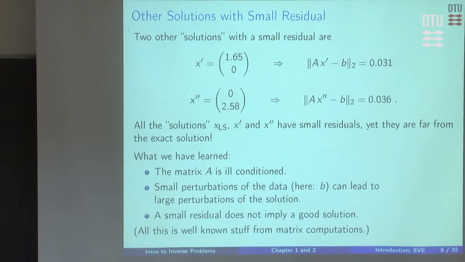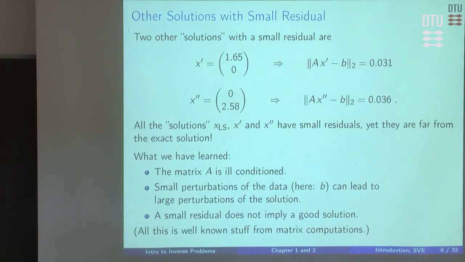And the reason is, of course, that this matrix is very ill-conditioned, right? Well, we could try something else. So just two wild guesses at other solutions. I don't remember how I came up with these guesses. But I wanted either one component or the other component to be 0, and then I computed the remaining non-zero component. And again, you see, for these two crazy guesses of solutions, I don't know if I should call them solutions, again, we have small residuals, again of kind of the same size as the perturbations that I added to b, but again, they really don't look very much like the exact solution (1, 1).